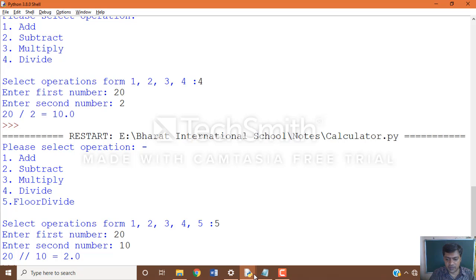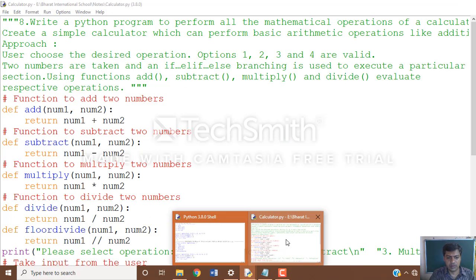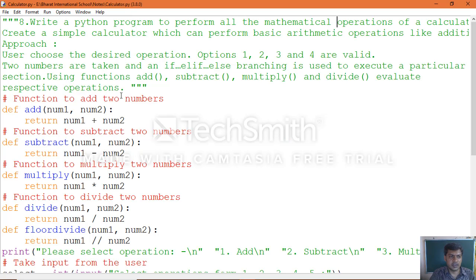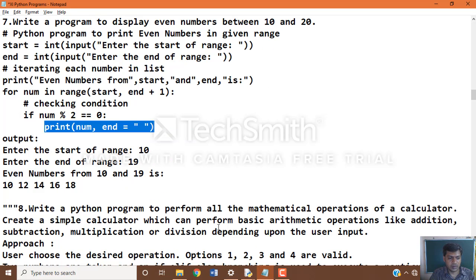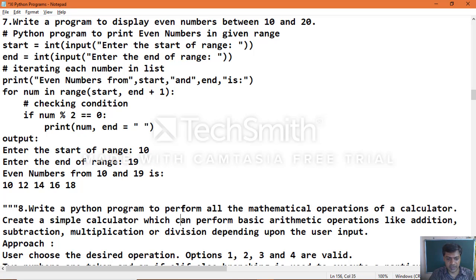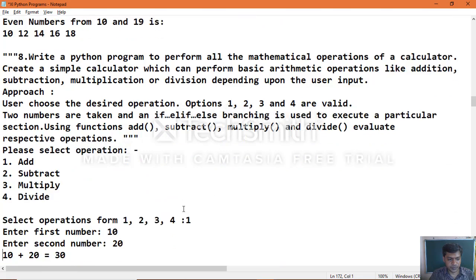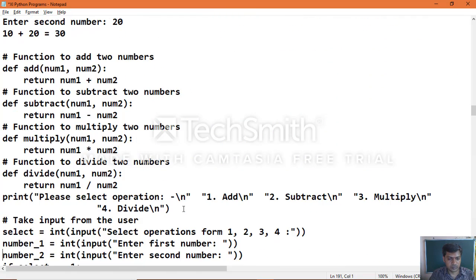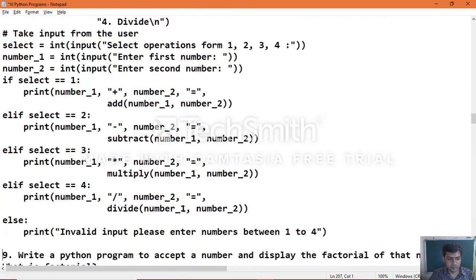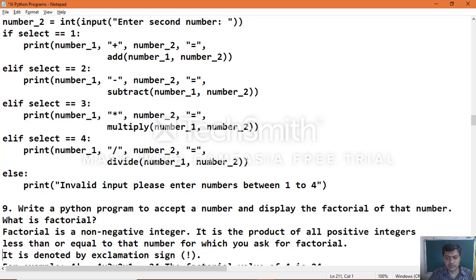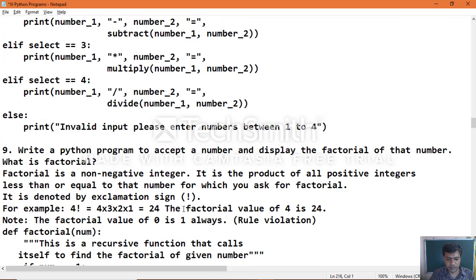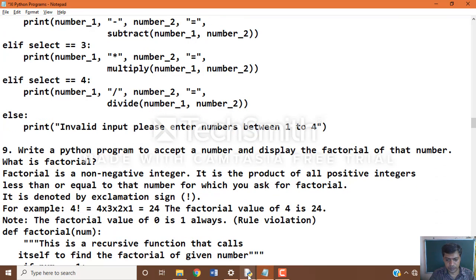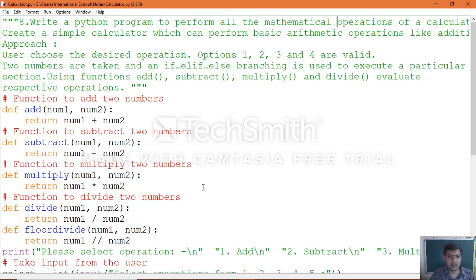Now we'll proceed with another application. Let me see another one, that is after the mathematical calculator: the factorial of a number, factorial program. Okay, let's take